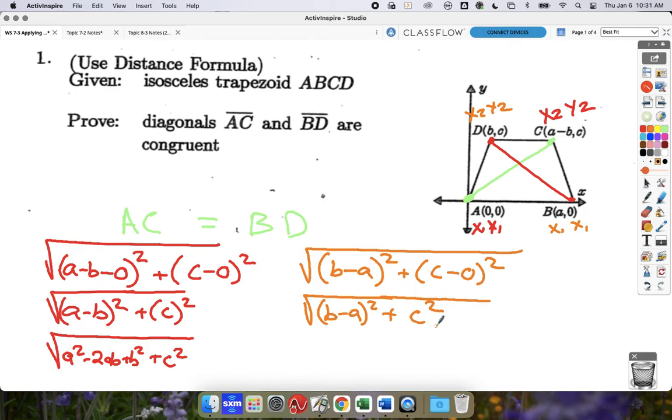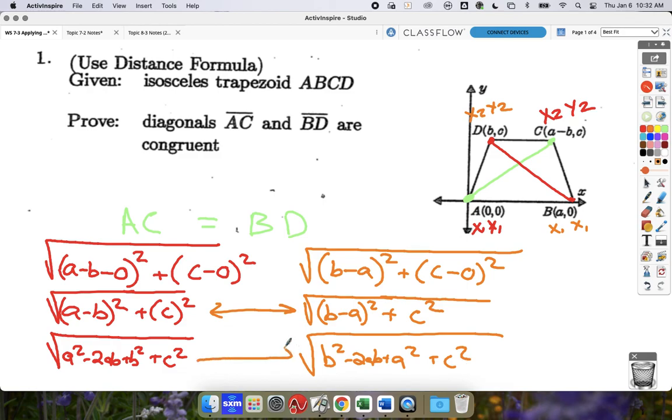So, if we stopped right here, are those two exactly the same? A minus B and B minus A are not exactly the same. So if you multiply this out like we do on all of our warm-ups, B times B is B squared, A times A is A squared. Multiply these two things, B minus A is negative AB, and double it, you get negative 2AB. Are these two the exact same thing? Yes. Prove it. They are exactly the same expressions,